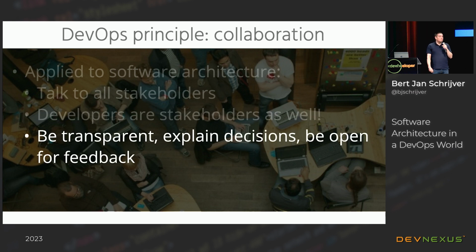So be transparent, explain decisions and be open for feedback. One important characteristic for an architect to be successful is the ability to be convinced. You may have thought about something for a long time, and you're ready to sell this to a team, and they come up with an alternative. And it's one that you didn't think of yet. So your instinctive reaction is, as Arun said this morning, to listen to answer, right? You're going to attack and convince them that your idea is the best idea. But maybe it isn't. So take time to listen, and maybe take some time for yourself, sit in a room by yourself for an hour, think about whether this is actually a good idea or not, and then continue.